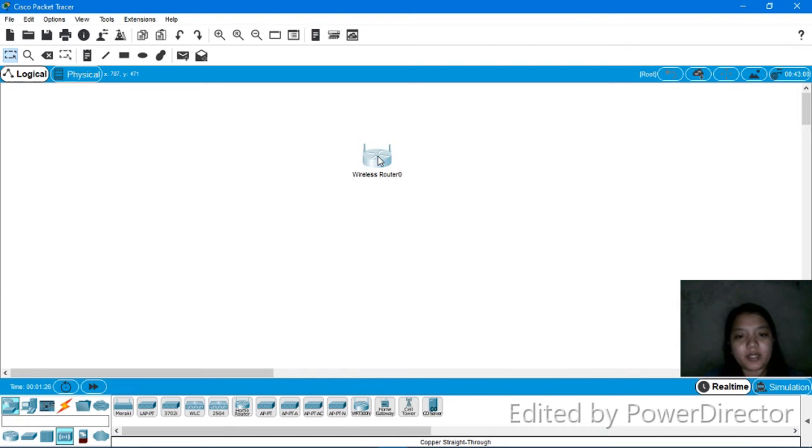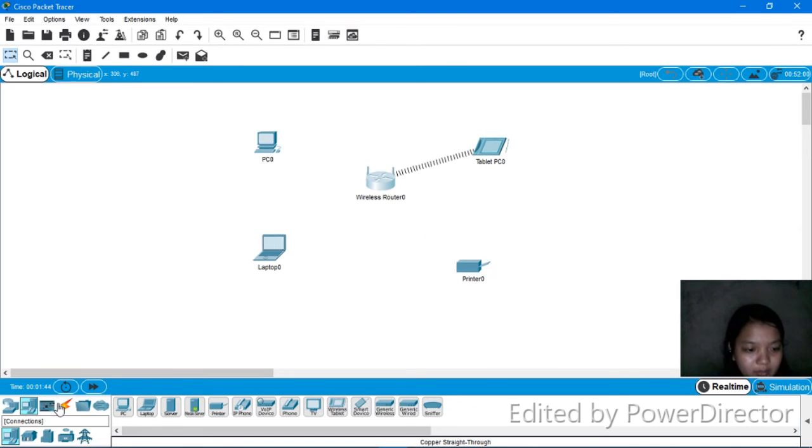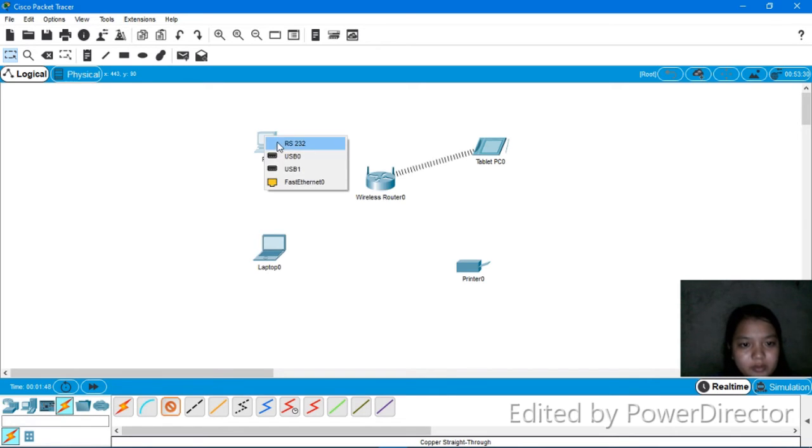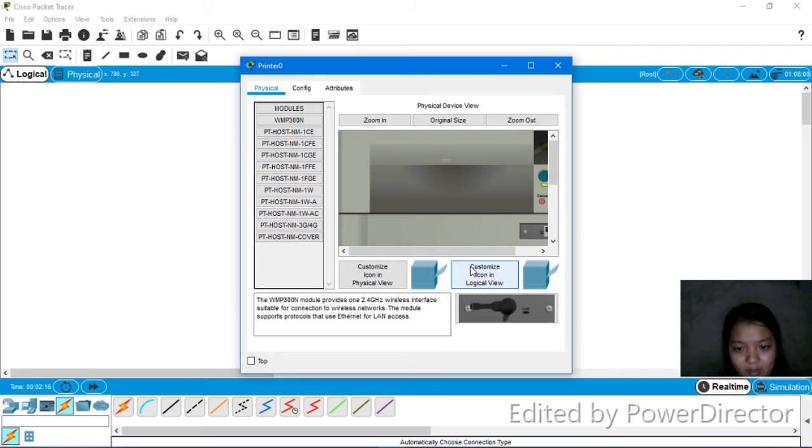So this one, I will use the wireless router. So this wireless router will be connected to a PC, to a laptop, to a printer, and a wireless tablet. So we will connect it. I will use this straight through using the PC, this one. So I will just connect them, and then I will be using first the printer,